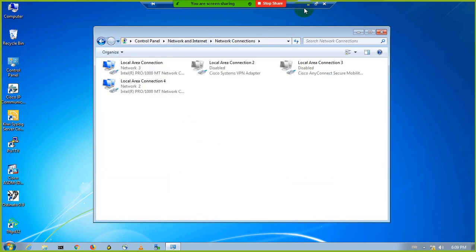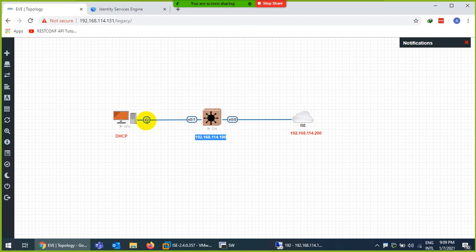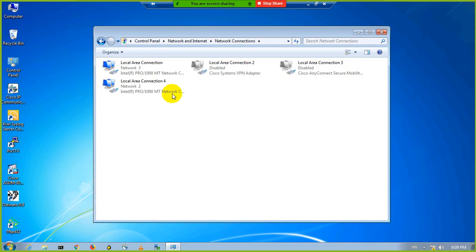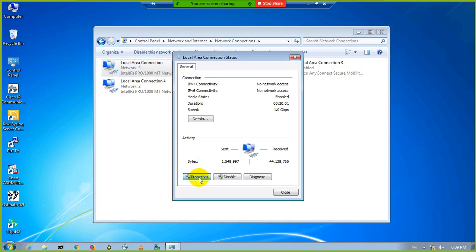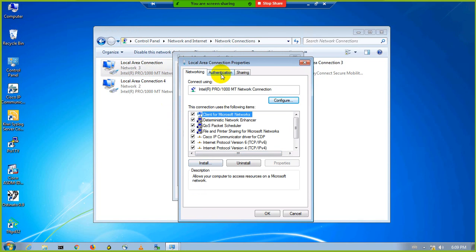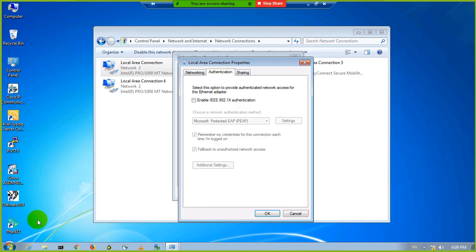Now go to the interface where this PC is connected, this interface E0. Click on interface properties. There will be an extra tab now, authentication, when you enable that, which I showed you from services. Enable this one and use EAP protocol. I just told you what EAP protocol is.